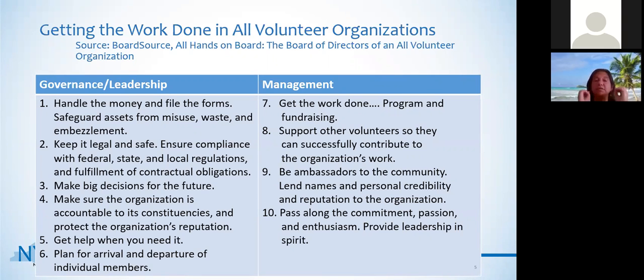So I think that just being clear within your own organizations, particularly in all volunteer organizations, but not just, because many organizations are small and they rely on the board members as key volunteers for doing that management work. But it's important to think about board service and what it is you're asking board members to do when they come on. If volunteering operationally is part of that expectation, it's important that you communicate that to people. And it's also important that you don't lose sight of the governance and leadership type of work that needs to happen.